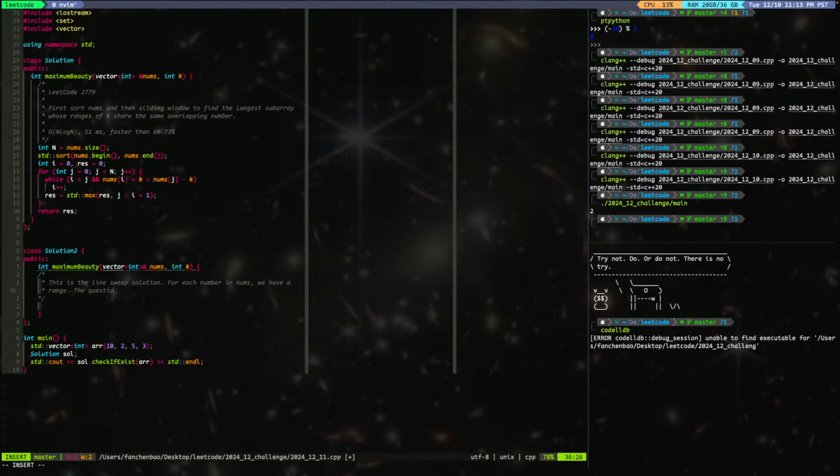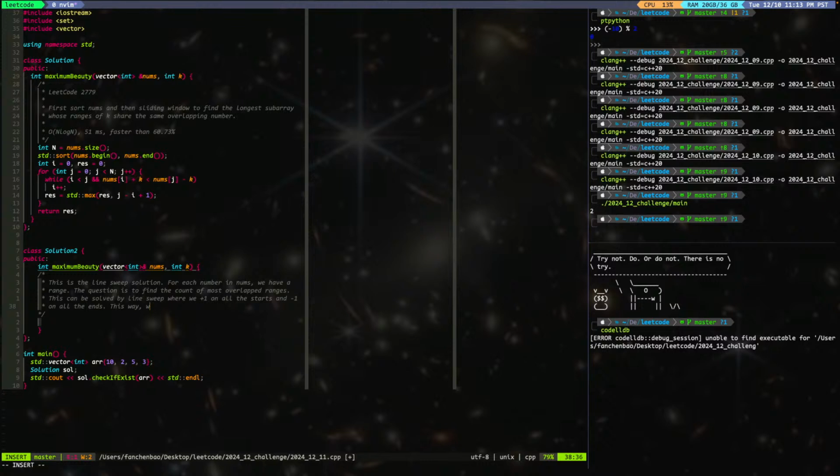The question is to find the most overlapped number, right? The count of most overlapped ranges. This can be solved by Linesweep, right? Where we +1 on all the starts and then -1 on all the ends. This way,